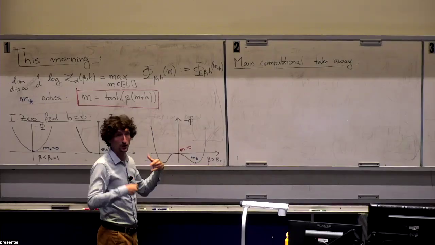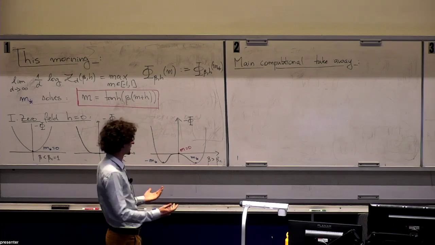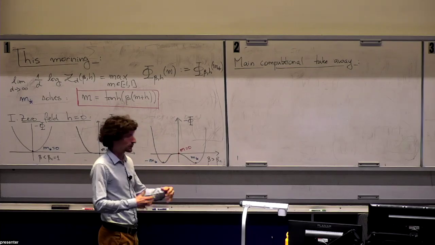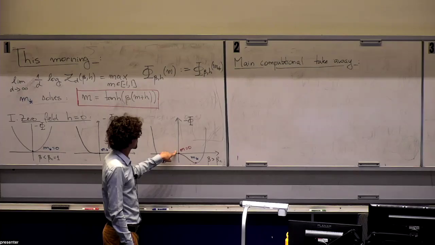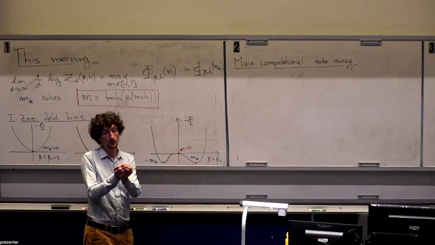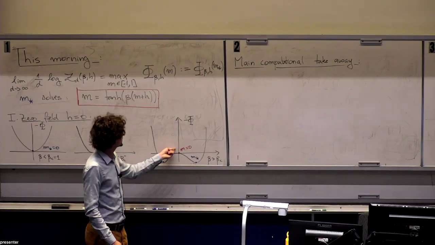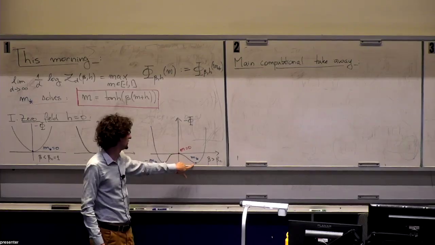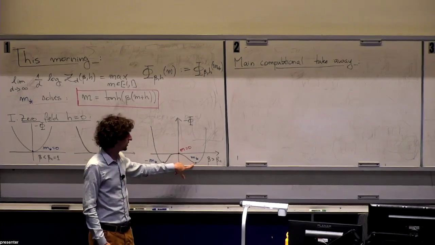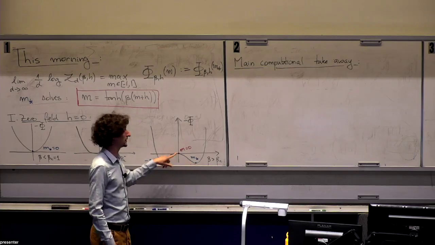If you were to prepare your favorite sampling algorithm on the hypercube, like some kind of Markov chain Monte Carlo or Glauber dynamics, some kind of local dynamics, and you start at 0 magnetization, say a random configuration, the mean is of course going to be 0, but you would start with a random fluctuation of order 1 over square root of D, either positive or negative. Eventually your system converges to one of these two minima, meaning that the Boltzmann-Gibbs distribution is going to have, with high probability, either m star or minus m star magnetization, where the one you end up on is the one closest to where you initialized.